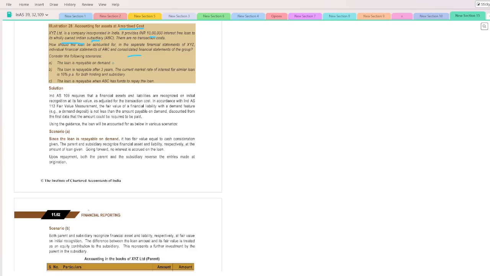The loan is repayable on demand. So if it is repayable on demand, whatever the repayable on demand amount is, that amount you will be taking. So it will be 10 lakh only. Okay,